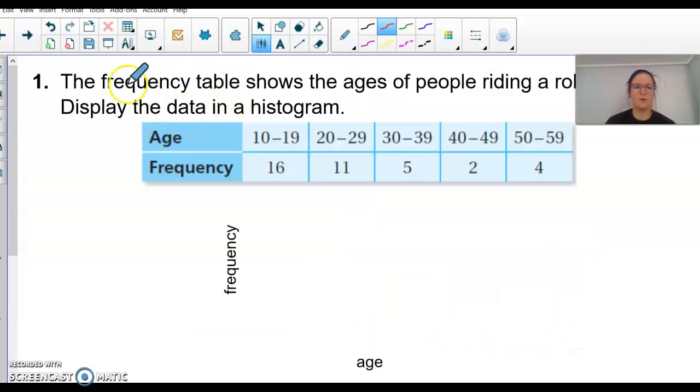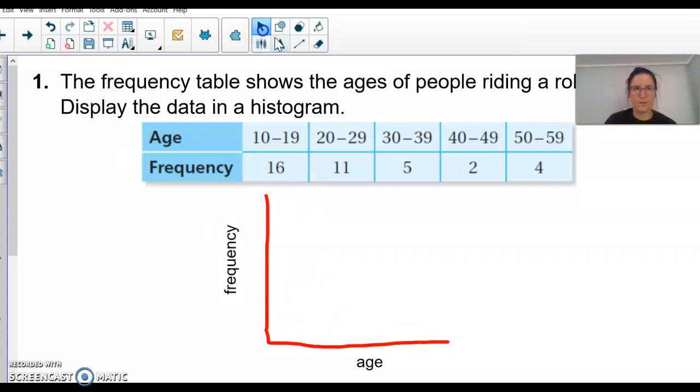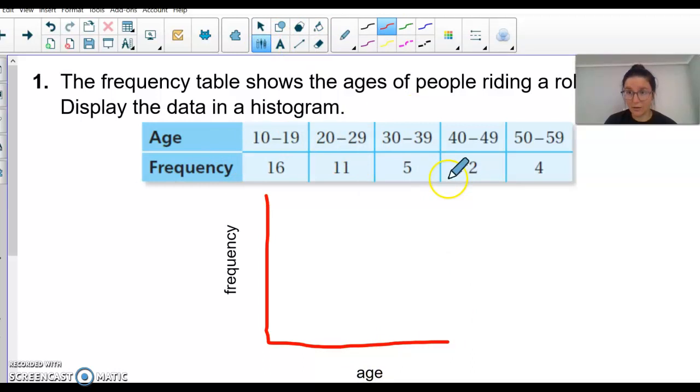Let's do one more. So the frequency table shows the ages of people riding a roller coaster. Display the data in a histogram. So again, frequency is your vertical line, and your ages and your intervals are your horizontal axis. And then all you're going to do is label what you're given because they're giving you the frequency chart. Alright, so I have 10 to 19, 20 to 29, 30 to 39,